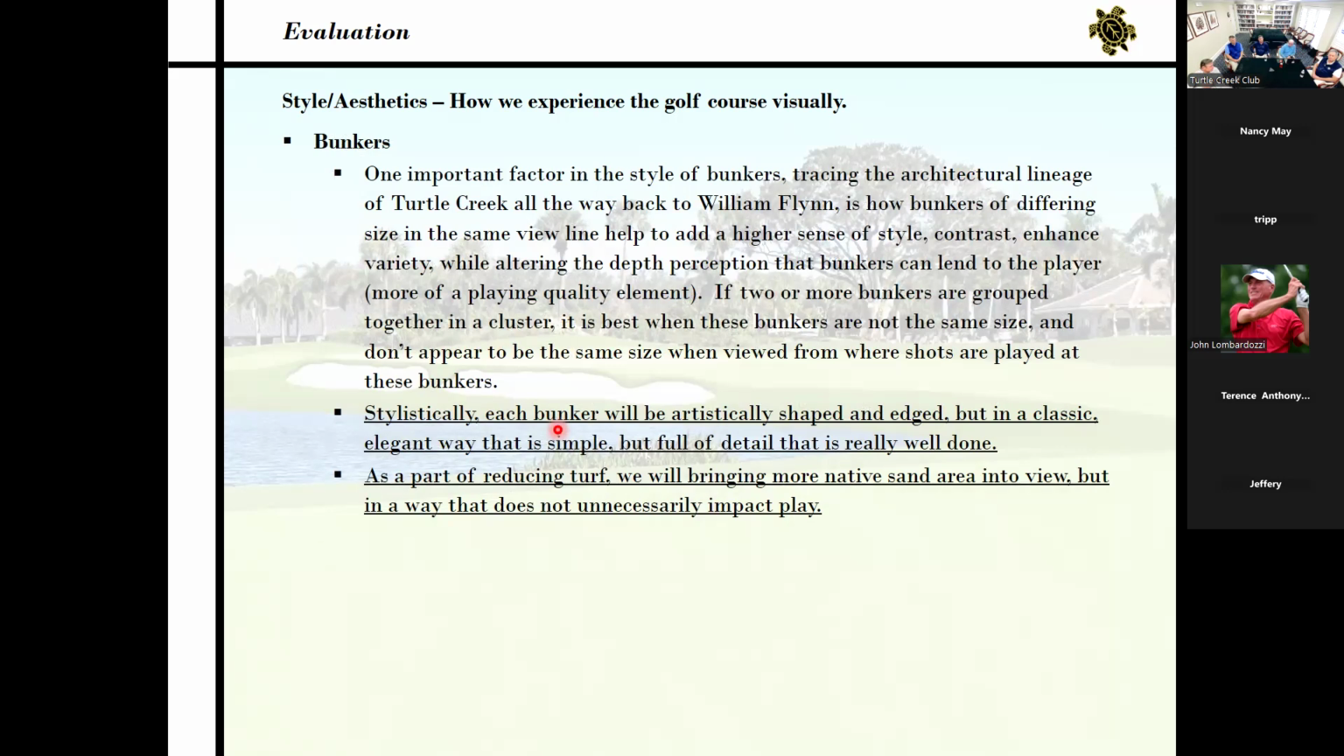And that's something that these guys, William Flynn, Joe Lee, Dick Wilson, that architectural lineage we have here, did a lot of clustering of bunkers. Stylistically, each bunker here will be artistically shaped and edged, but in a classic, elegant way that is simple but full of detail that is really well done. So, fairly simple, but with more movement in the lines a bit. Not as round, they'll be more artistically shaped, but very, very well done so that they have a very crisp